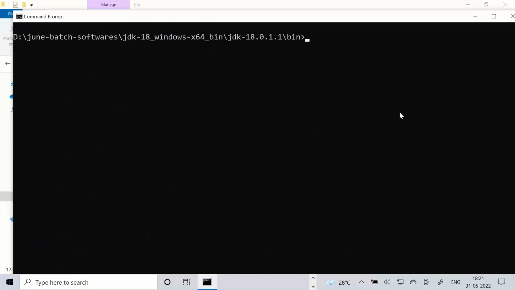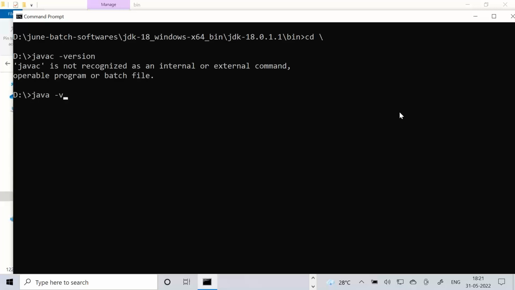Let me clear the screen. cd space backward slash. You will come to the root of the D drive. Let me trigger javac again.